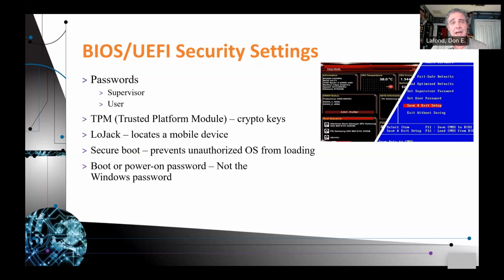Now, with LoJack, it's not just where you leave something, but if it's stolen, you can track it, much like cars have a similar feature. My Tesla, for example, I can call Tesla and find out exactly where my car is. They'll even turn it off so that the person that stole my car can't use it anymore.